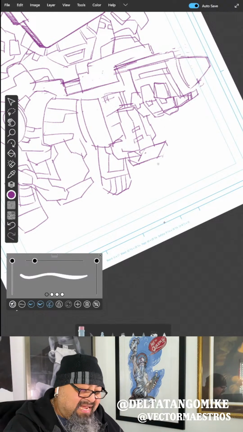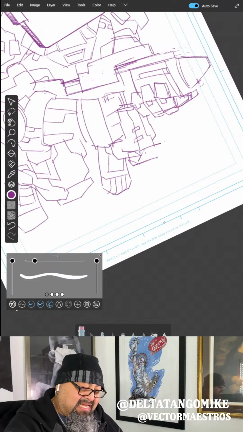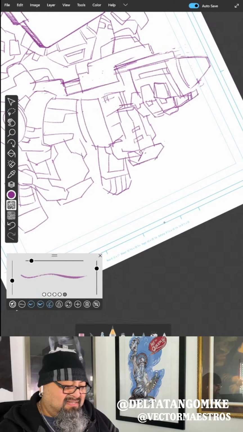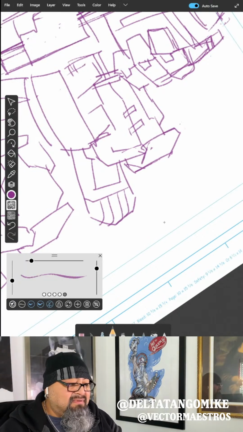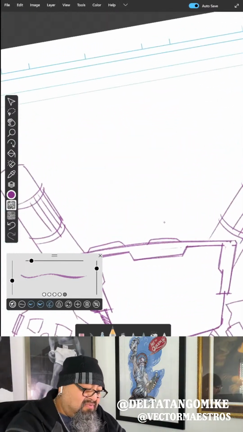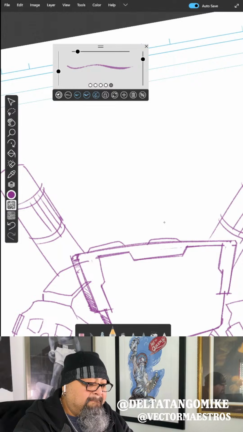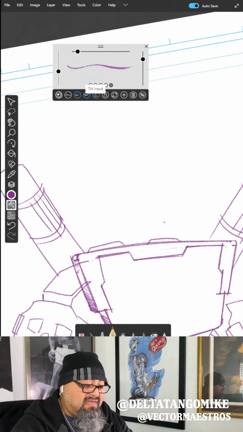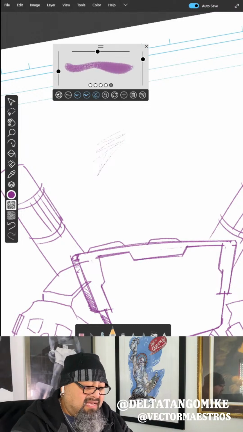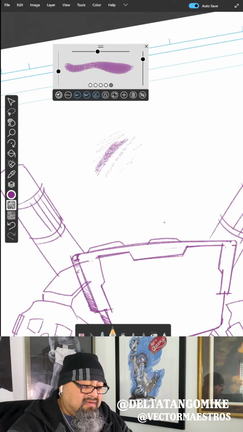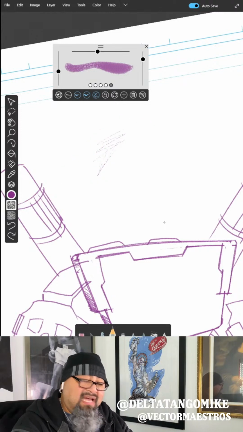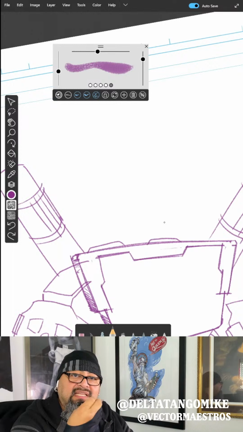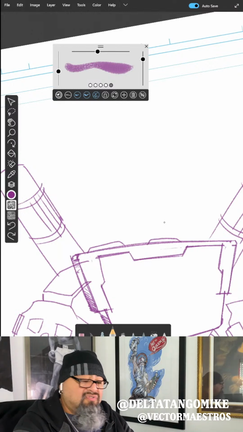I said, Procreate makes artists lazy. And they all looked at me in shock, like I was insulting them. I said, yes, it makes you lazy. It does. And this is what I like about Sketchable, and I'm gonna show you. So Sketchable has this tilt input. So if I go sideways, you get, come on, it's not helping me right now. It's not showing me the tilt, right? So when you turn your pencil sideways or at an angle, you get that tilt, and then you're able to use the tilt options.